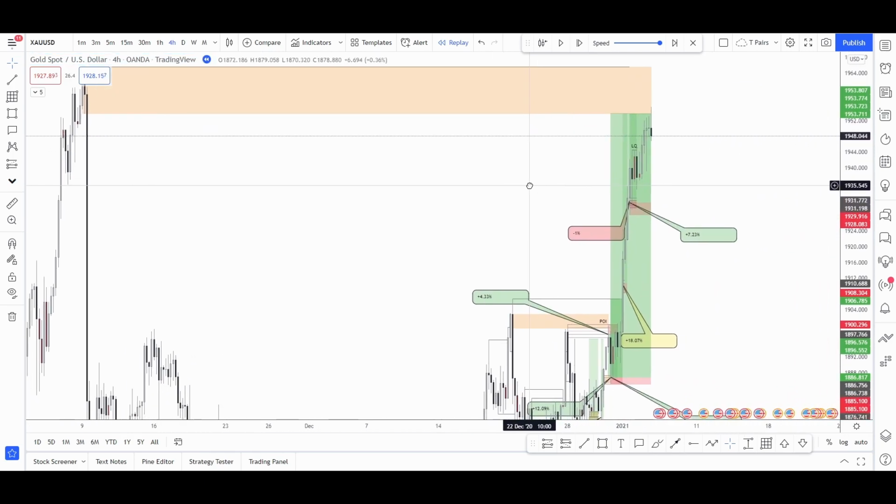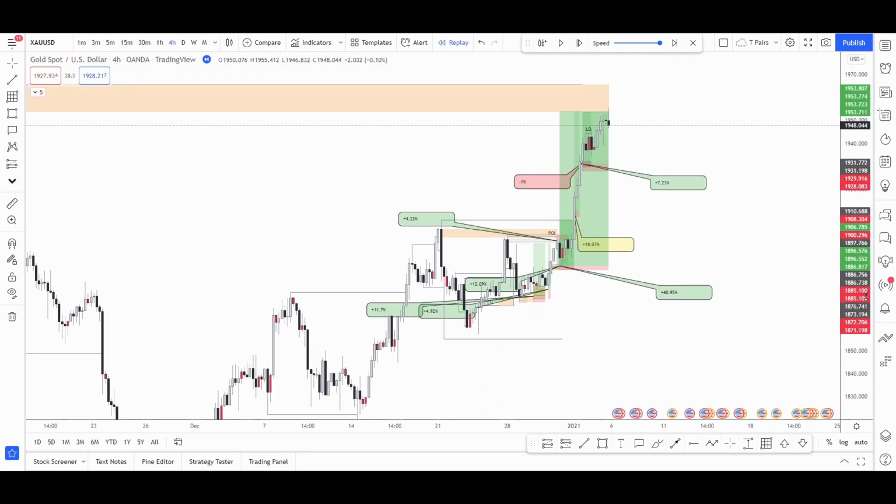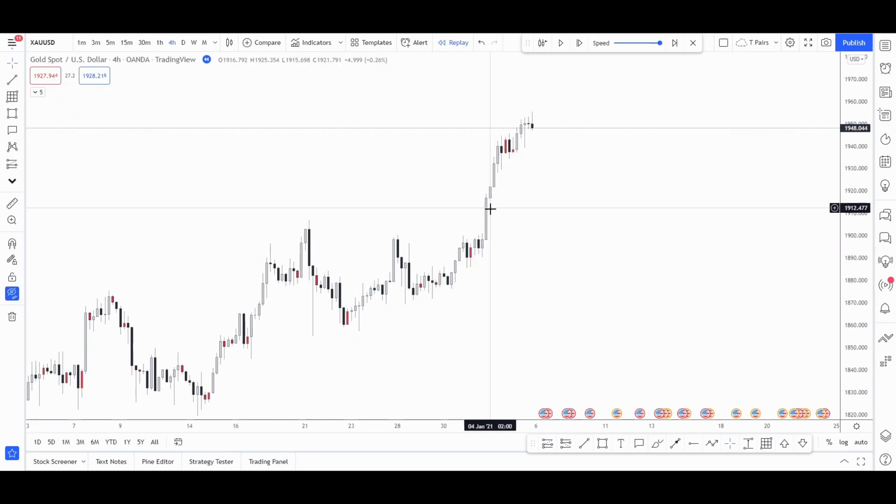Could this be the start of a move down again? Quite possibly, but where can we head down to? What are we missing on the charts? Let me just clear everything out of the way. Now, obviously, we've got a huge void right here. Okay, so the initial target, I would say, is probably the base of this candle on the 4 hour,